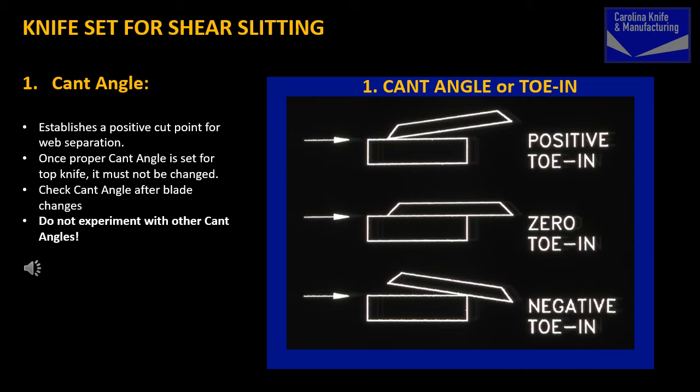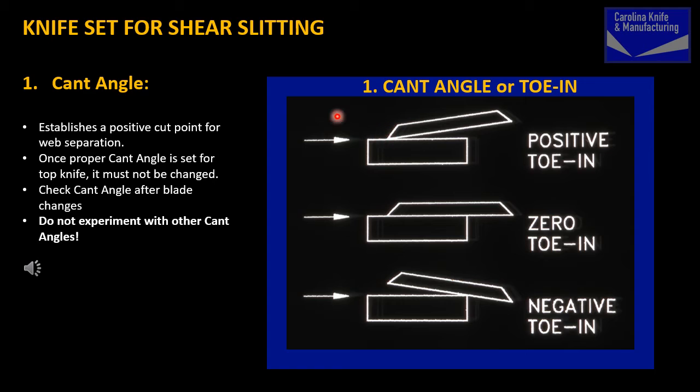The first one we will discuss is cant angle. It is also sometimes referred to as toe in. You want in your setup a positive cant angle. Cant angle will establish the exact cut point between the top and bottom knives. In this setup, you will have steel running against steel, and because of this, your blades are going to dull